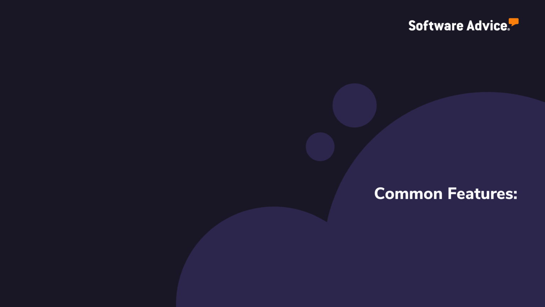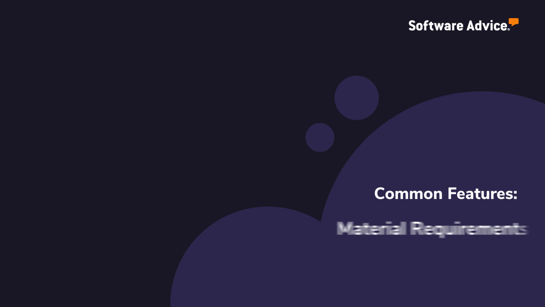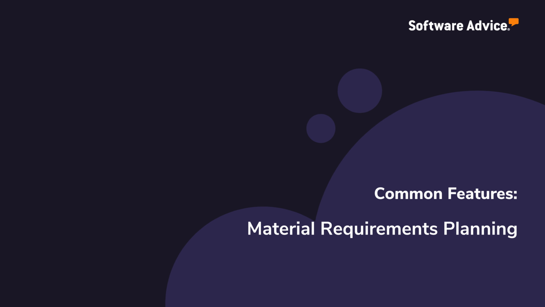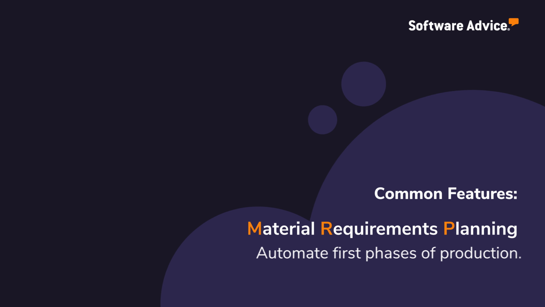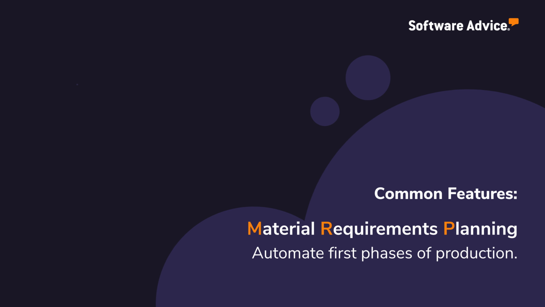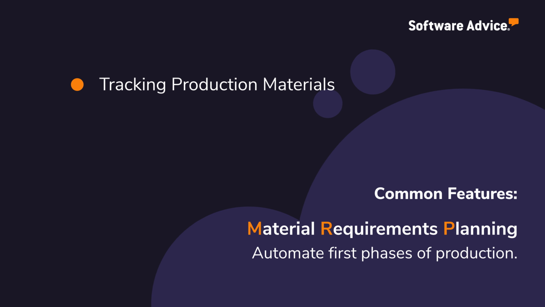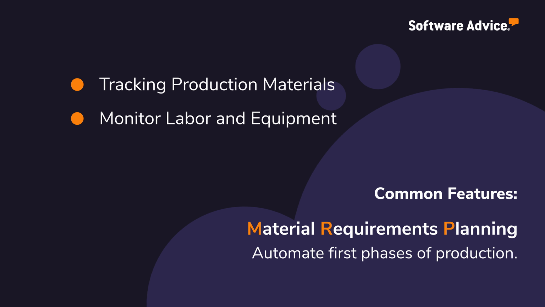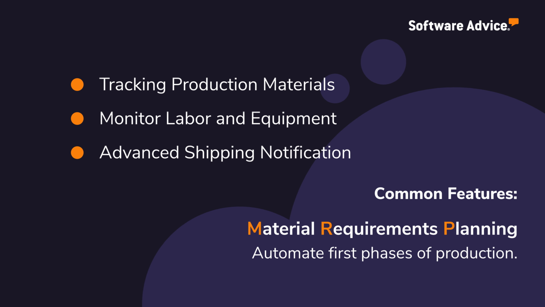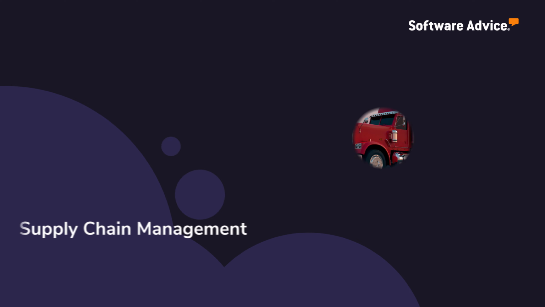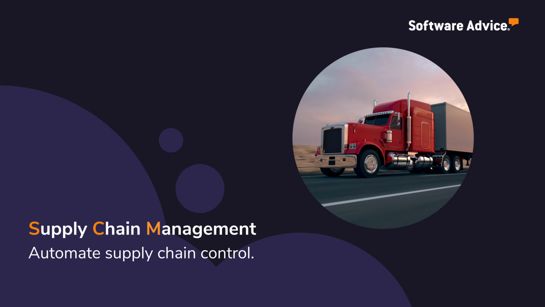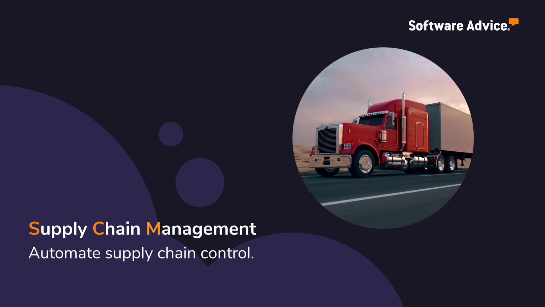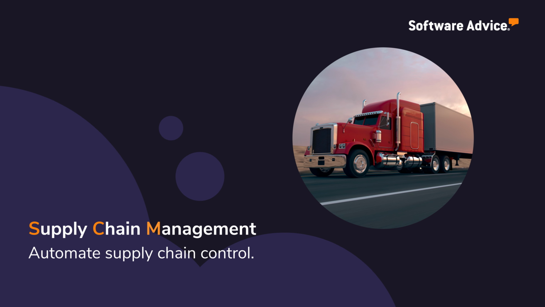Common features of small business manufacturing software include Material Requirements Planning, or MRP, to automate the initial phases of the production process by tracking and organizing production materials, monitoring the flow of labor and equipment, and processing advanced shipment notifications from suppliers. Supply Chain Management, or SCM, automates supply chain control with alerts to notify manufacturing managers about delays and